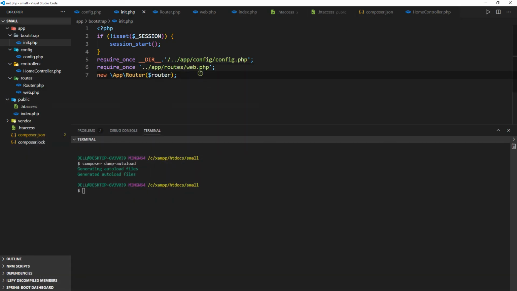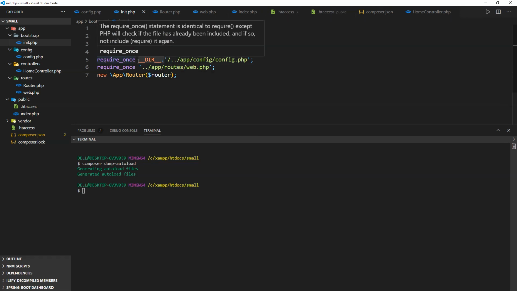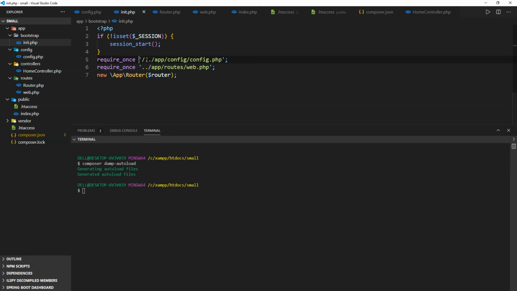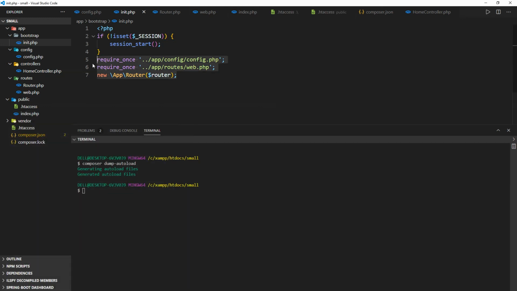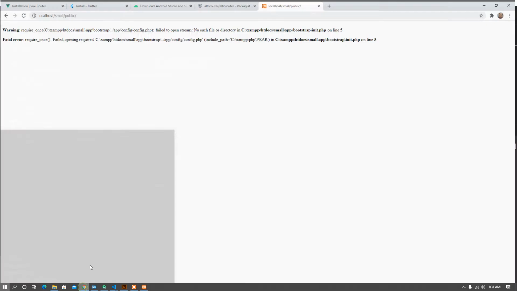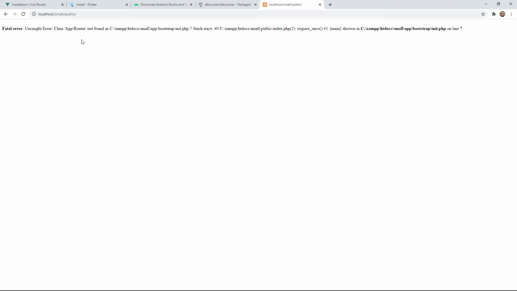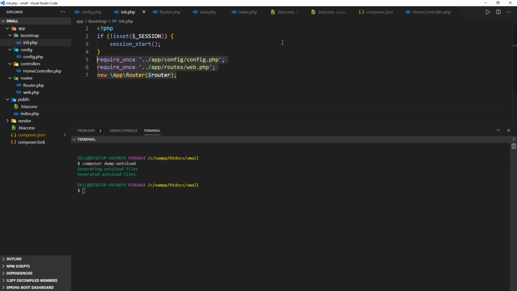So here, what we can do, we can just do away with this dir. Then here we can just remove that, save again, go back to the browser, reload, and now we have a new error which says class app router not found. So what we can do is go back to our init,